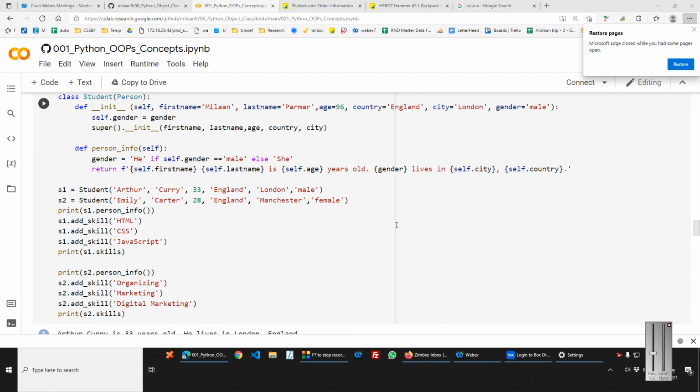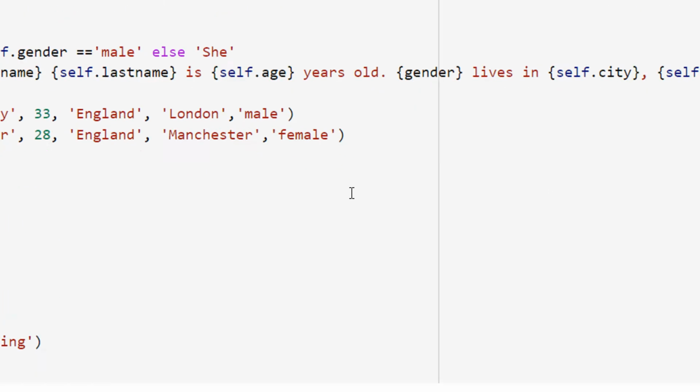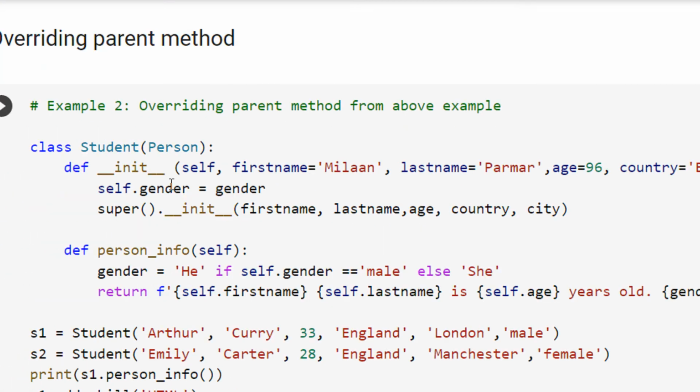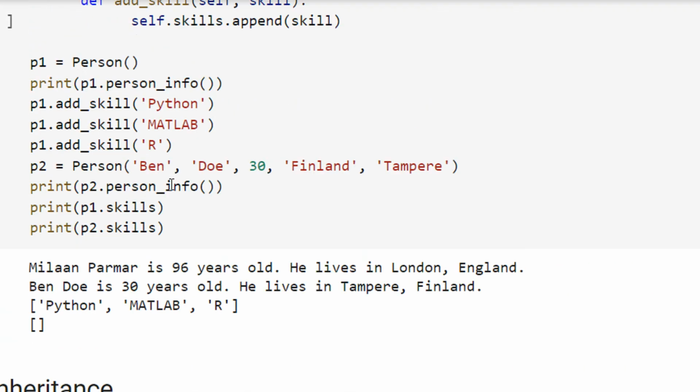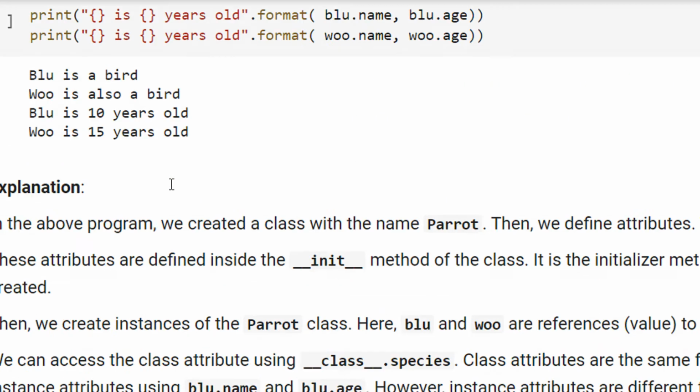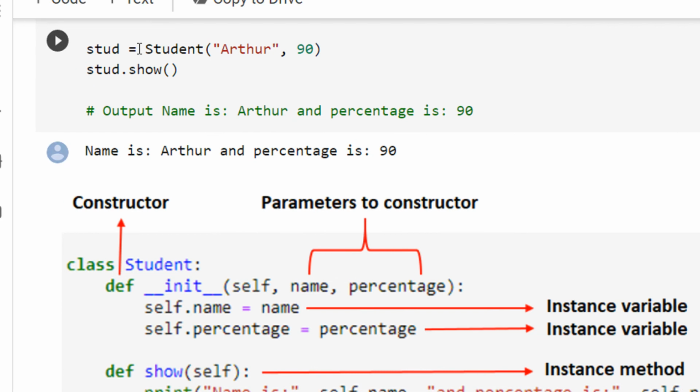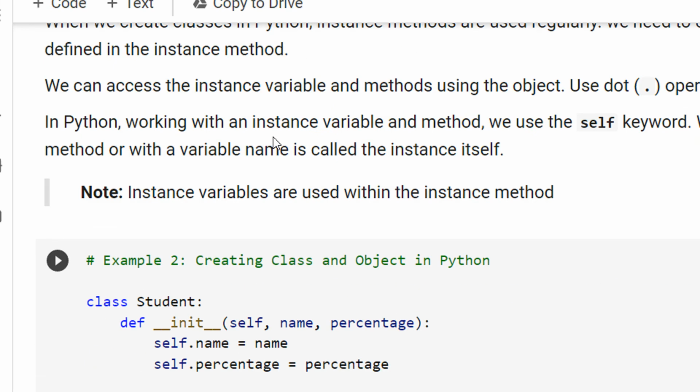Mayank Agarwal here, and in this tutorial we are going to see the classes and objects, the further part. In the previous class we had seen what is a class. A quick recap. This Colab notebook link will be shared in the description.